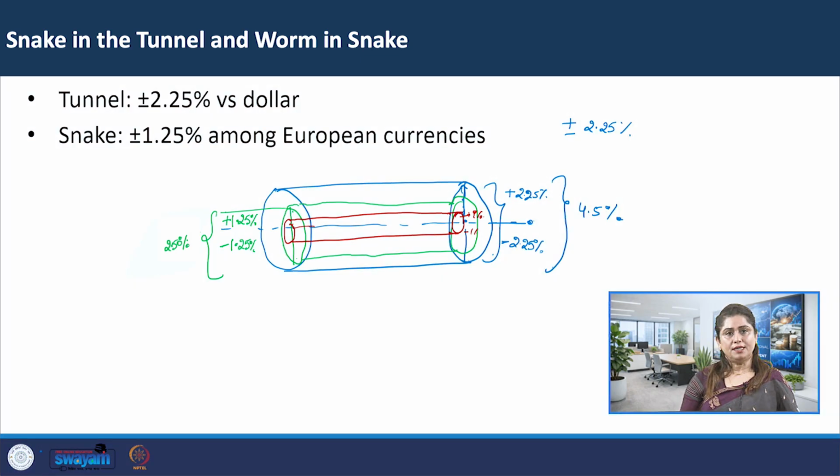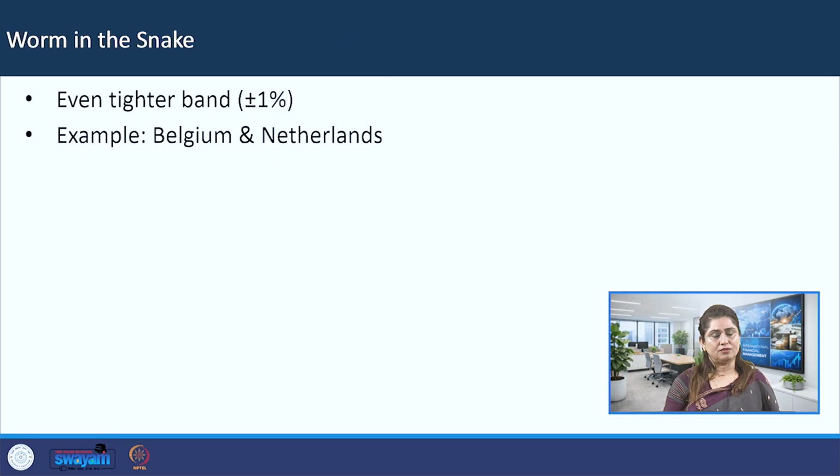So here, hence, the band was a little tighter when it comes to the worm or the snake. So here the tunnel refers to the wider band of plus minus 2.25% against the US dollar. So currencies could move within the range relative to the dollar. Within the tunnel, European countries tried to maintain even more stability among themselves. They allowed their currency to fluctuate only within a much narrower band of about plus minus 1.25% relative to each other. And the even tighter band, which we have already discussed before, was plus minus 1%, and this was between